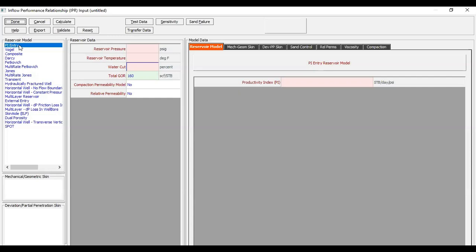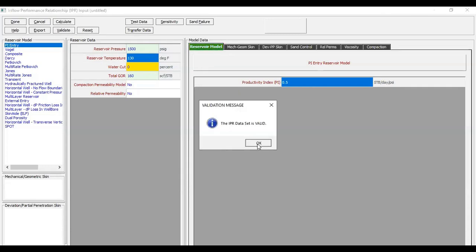To obtain the IPR, I need to provide the reservoir pressure, for example 1,500, with reservoir temperature of 130 Fahrenheit. Let's say the water cut is 0, and total GOR is still 160. And let's say the productivity index is 0.5. So that's quite simple.